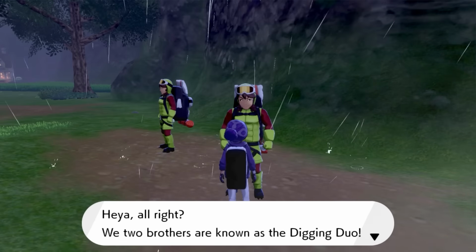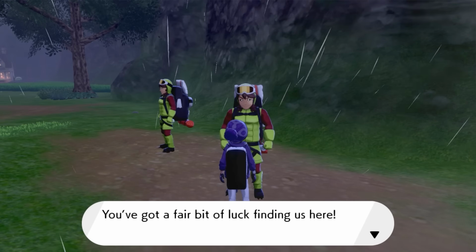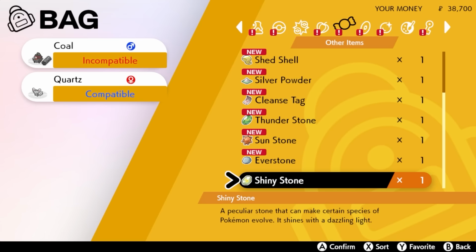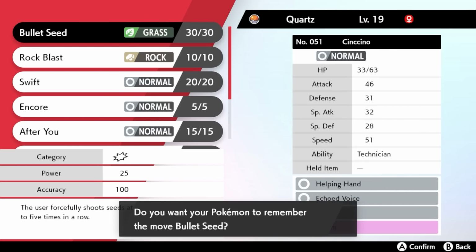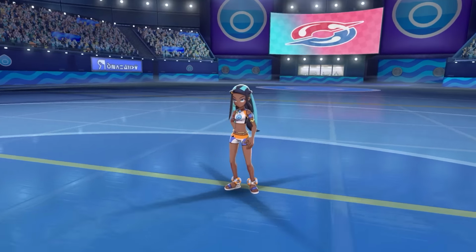Minccino is a stone evolution, so by heading back to the wild area, I can talk to this hiker with some weird looking eyes and obtain a shiny stone. Using this stone on my even shinier Pokemon gets me a Cinccino. Cinccino gets access to a bunch of different multi-hitting moves, specifically Bullet Seed, which I'll be able to use against